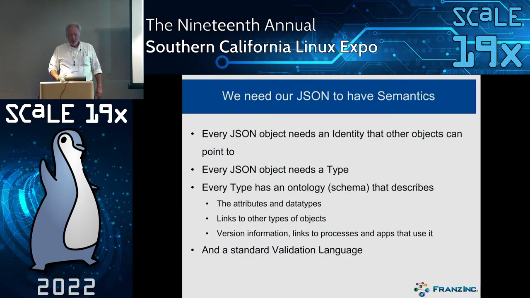So what you really want from JSON is to have semantics, right? And what I mean by that is that every JSON object that you think is important needs an identity that other objects can point to, right? And the only very simple thing you have to do, by the way, is you just take your JSON object and you use as an attribute @id, right? Which is a JSON-LD attribute, 100% valid JSON, and you give it an IRI. And because you could have a default namespace, it still can be a very simple name. But it's important. You give every JSON object a unique identifier,